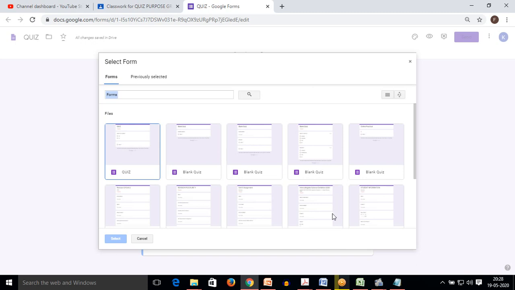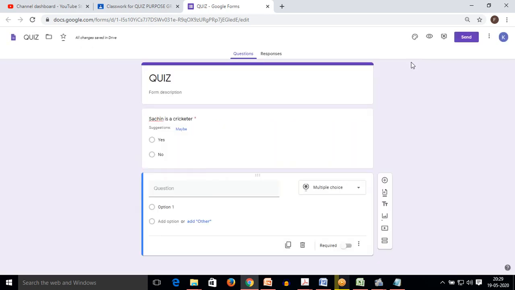Like, I can import forms that I previously made for some other batches or other students. I can import the same questions into this quiz using this. I can write a title, import images, and import videos also. So this is completely my desire how I design my quiz.